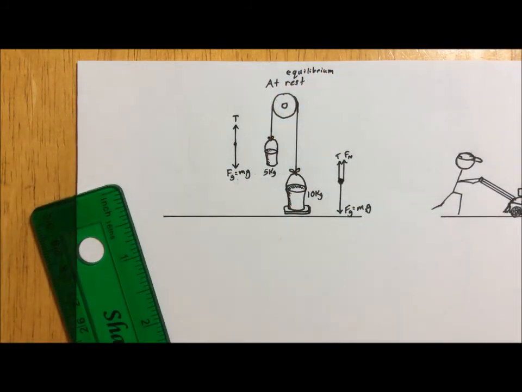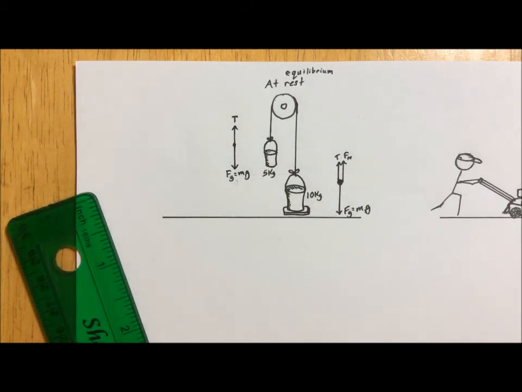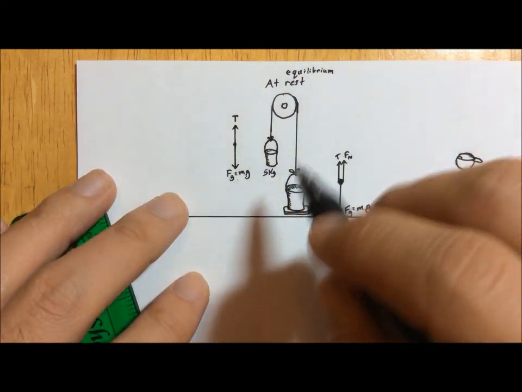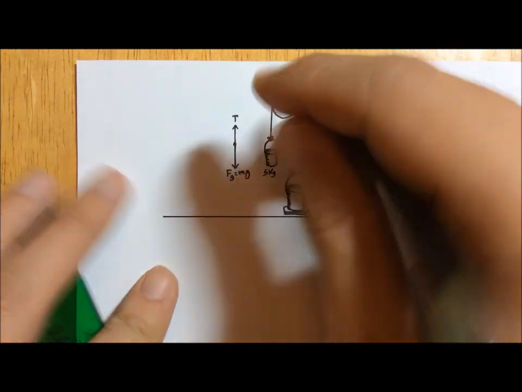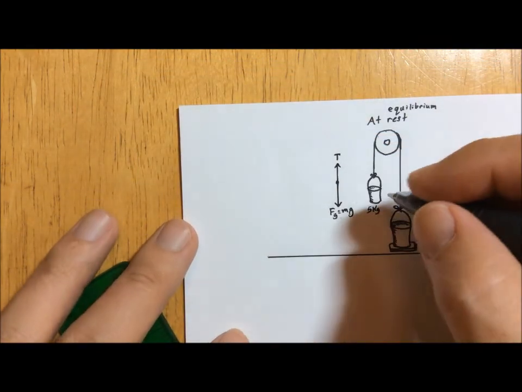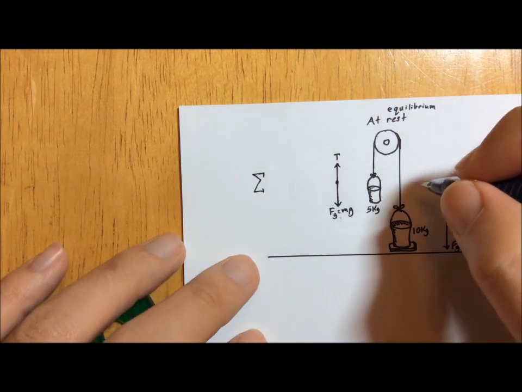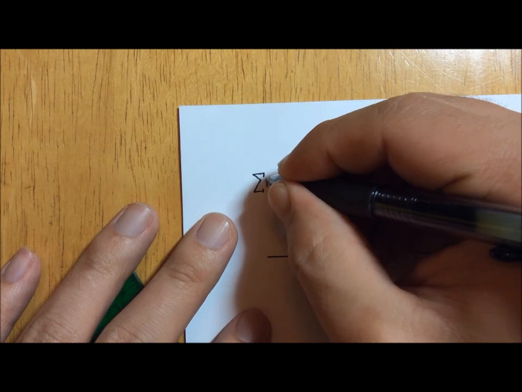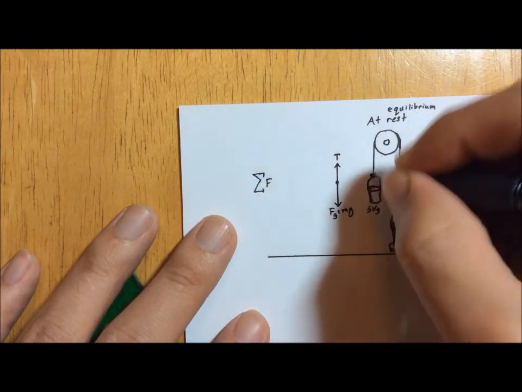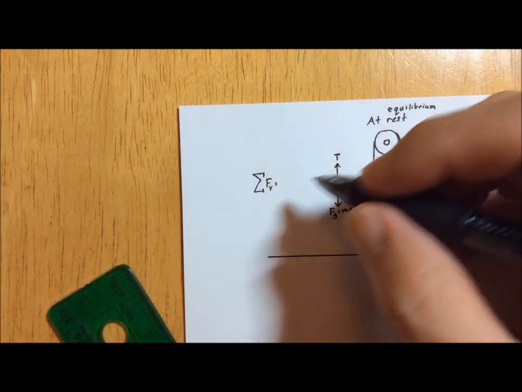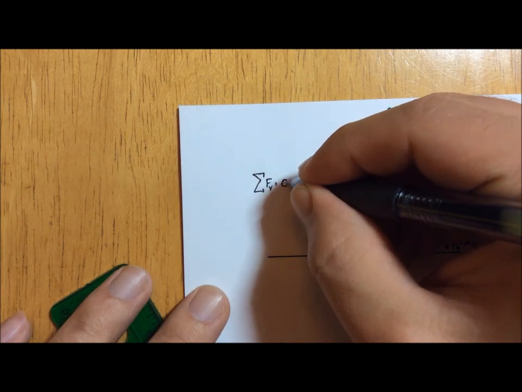Okay, what does that mean? It means this thing's not moving in the first place, and all the forces are going to cancel out. There is no leftover force to give it an acceleration. It's nothing, right? And so we also don't need to worry about the x direction. We're only going to worry about the y's. So let's look at this 5 kilogram block or mass or bucket on the left side. And let's talk about the sum. This is sigma. It's going to represent the sum of a bunch of somethings. And here it's going to represent the sum of the forces on this object in the y direction. It's just a formality that I'm writing down the y. Well, we want it to be equal to 0.